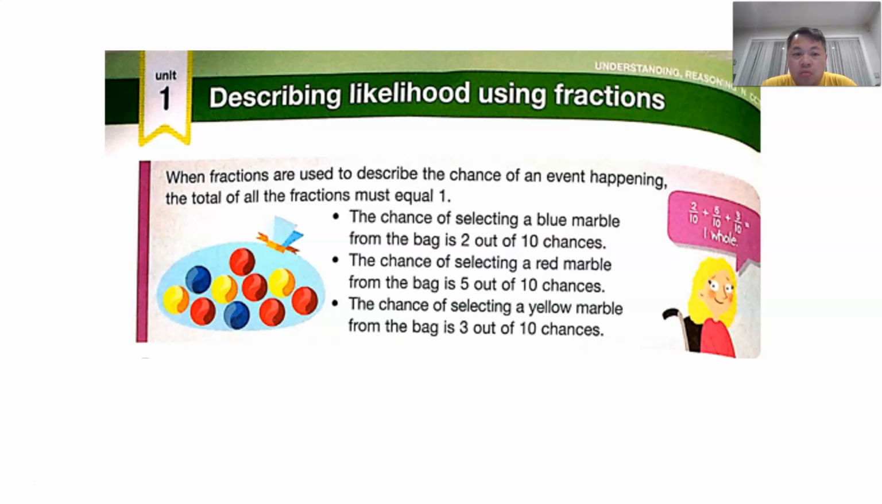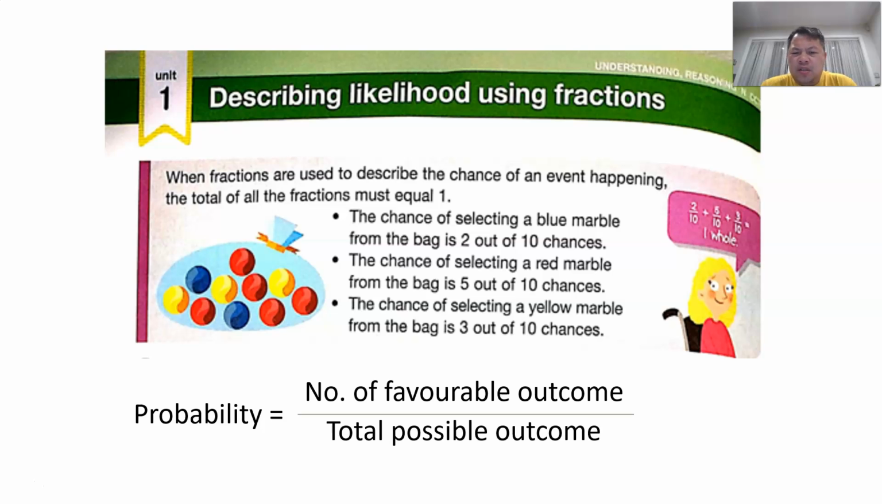Things that you need to know in terms of probability. What is the meaning of probability? Simply talking about the number of favorable outcomes out of the total possible number of outcomes. Like for this case, let's touch on the total possible outcome. So there are 10 marbles, so the total possible outcome must be 10. But if we are looking at, let's say, the first part here,